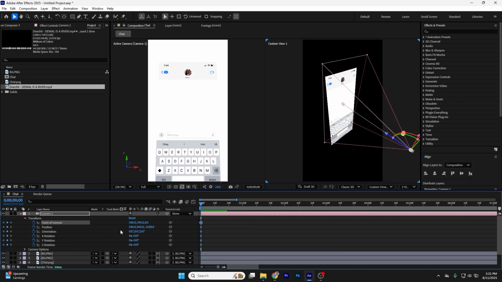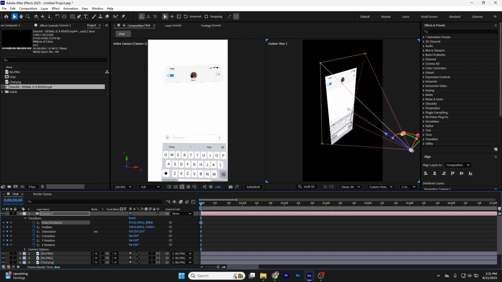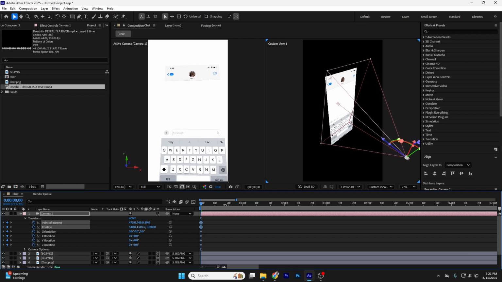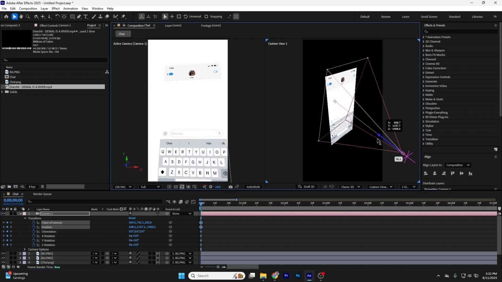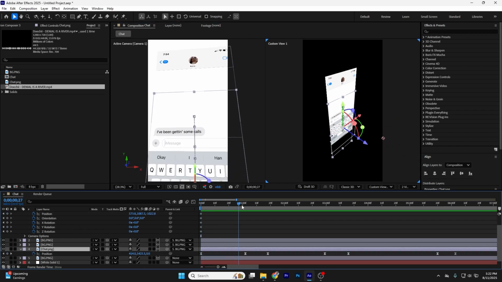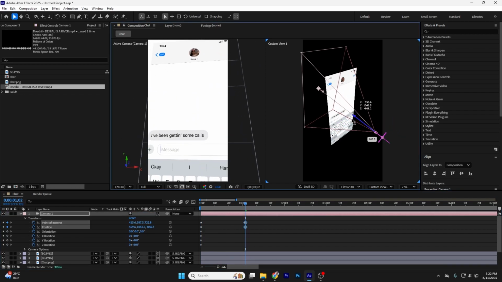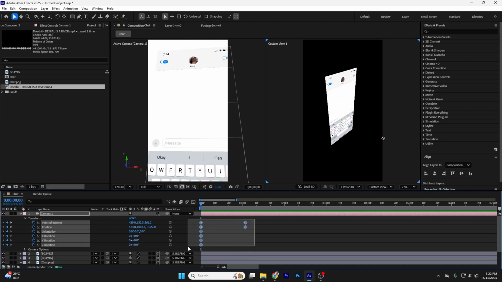So now I will set it up in a way where my first chat pops up from this side. I will adjust it like this and bring it closer here. Yes, this looks good. You can do this however you like. You have full freedom to choose how the pop-ups should appear, and you can also just copy paste my settings.